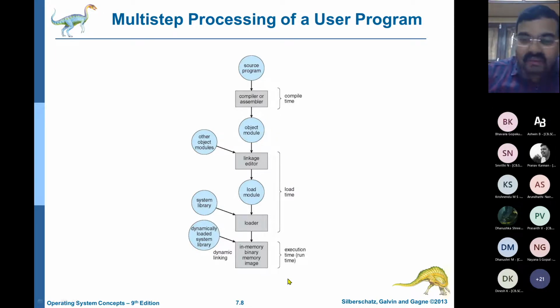Of course, you know this through C programming. You are doing C programming, you press Control F9, you are first compiling the program, that is the compile time. Then you are executing with Control F9, that is the execution time. But in this process, some time is taken, the load time, because the OBJ file has to be linked and loaded. It has to be linked to stdio.h, it has to be linked to all other subroutines, and then finally we execute.